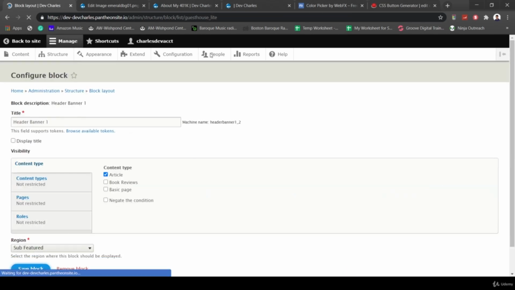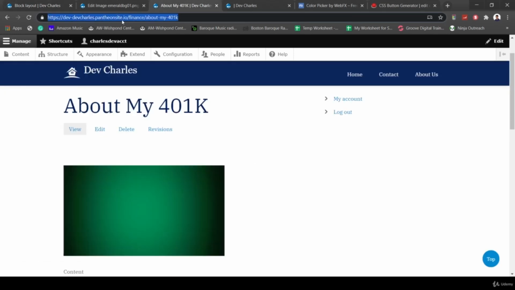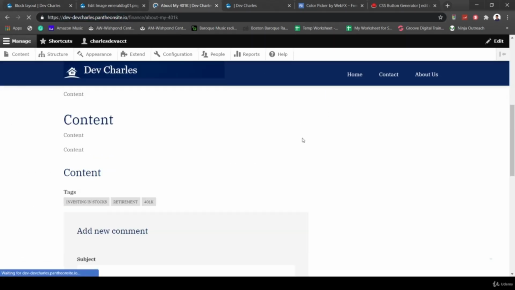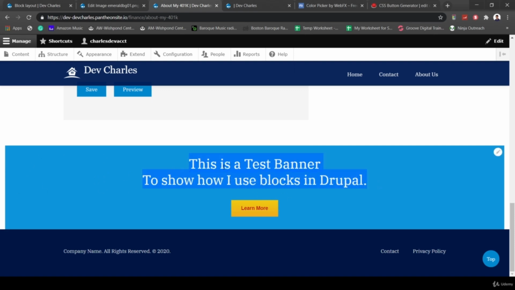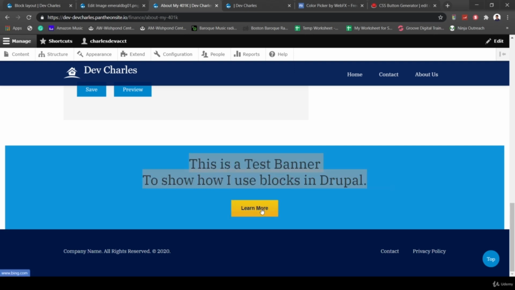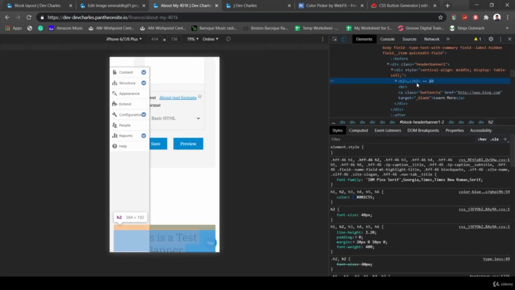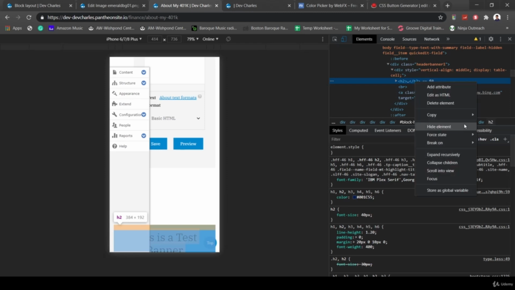So let's go ahead and view the site. I'll go ahead and reload here, and then you'll see it here. And I still have to style it. I'd have to style it for this purpose, and then also style the text here. And let's go ahead and do that just real quickly, just to show you how to do this as a secondary banner. Again, I would go ahead and copy